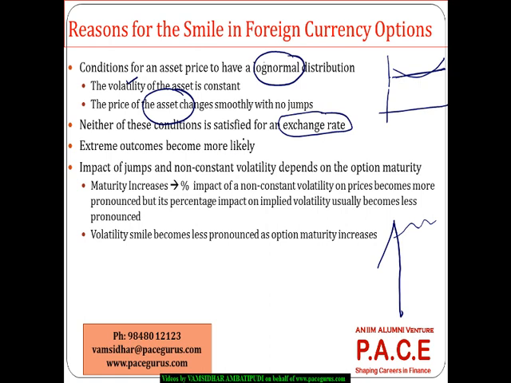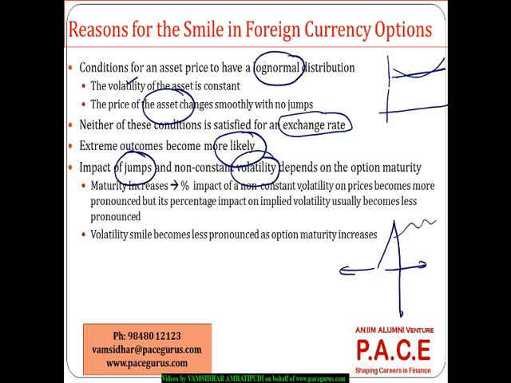So extreme outcomes are very much possible in the case of foreign currency. Either I can look at a very big drop, or I can look at a very big increase as well, and which means there is a possibility of a good number of jumps. I can see a drastic fall, or I can see a drastic increase within no time,